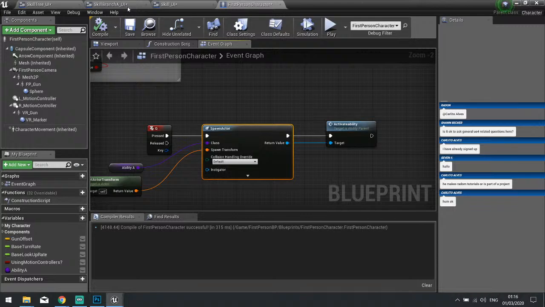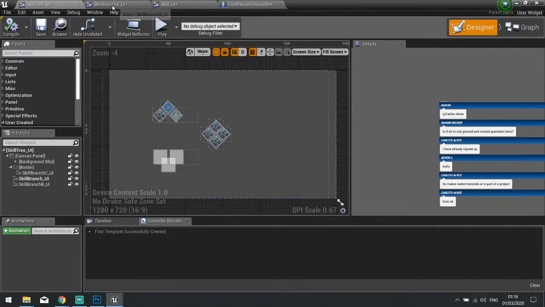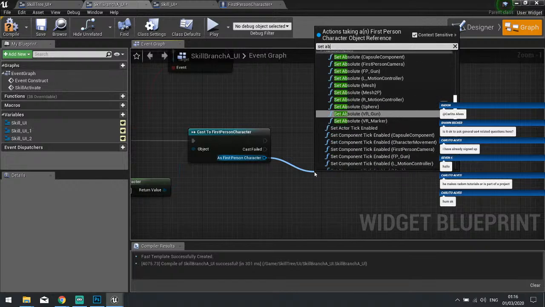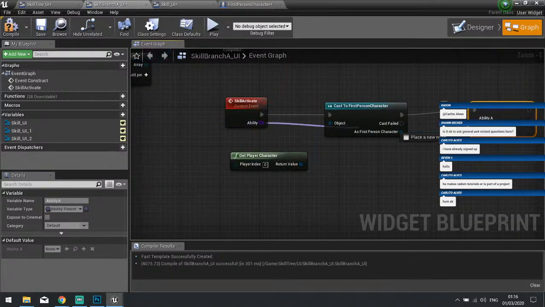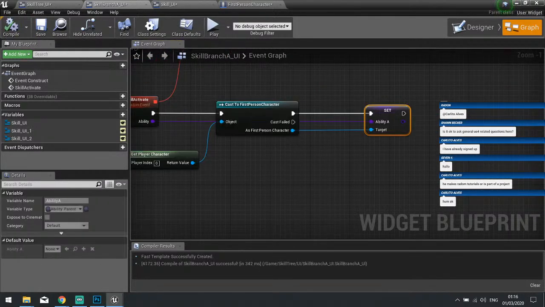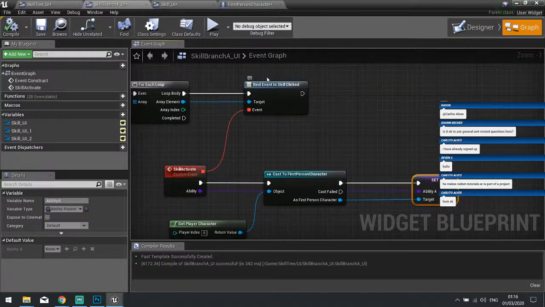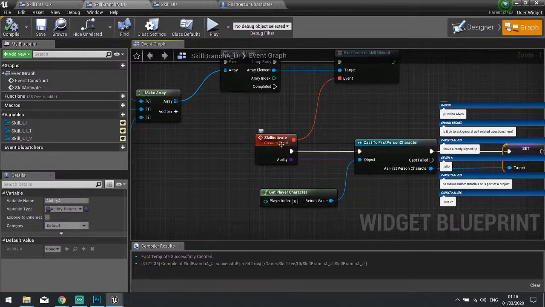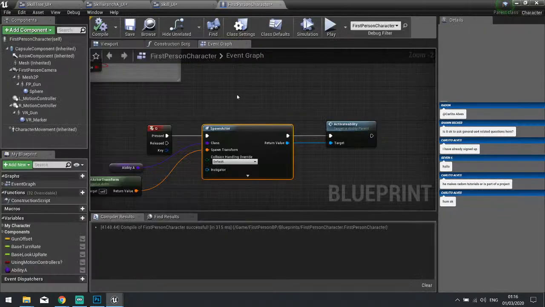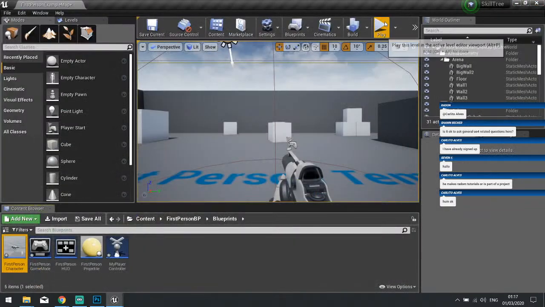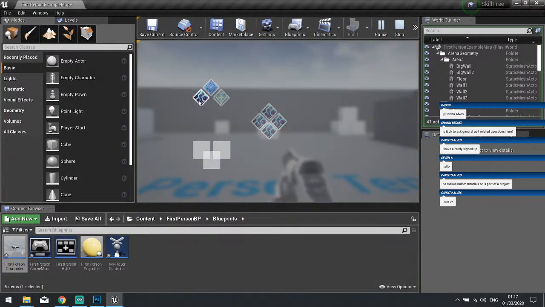So ability A, we now need to set on our skill tree. So if we go back to our skill tree, skill branch rather, and here we're going to set ability A to this ability here. And that's it. Okay, so when we click a button, it's going to call this event, and it's bound to this custom event here. So when this hears that, it's going to get the player character and set the ability A variable to the ability of that skill. Then on a player character, whenever we push Q, it's going to activate the ability in A branch and whatever that is. Okay, and in this case, it's just going to print a string, but you can make it do whatever you want. So at the moment, if I go in here and turn on the Thunder one,